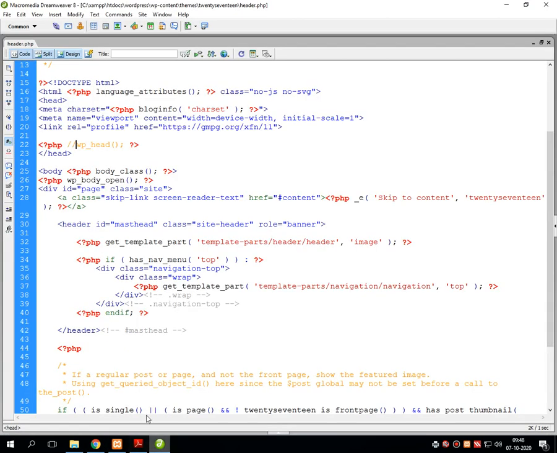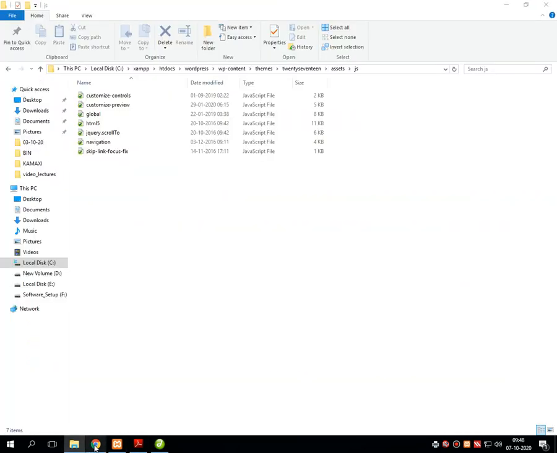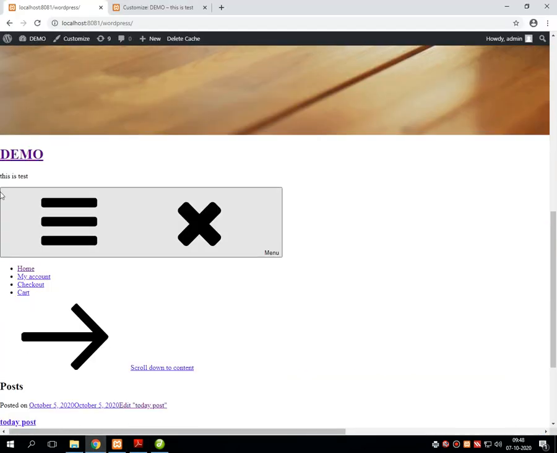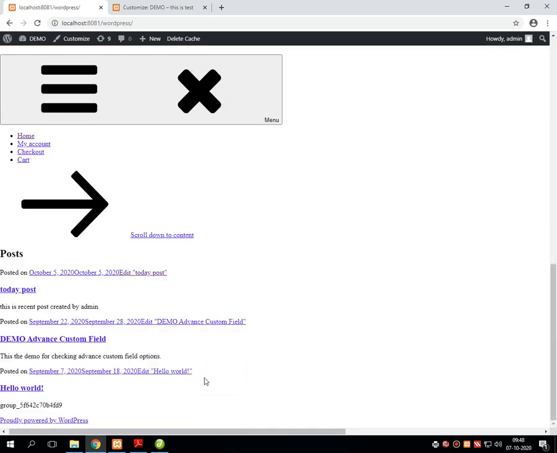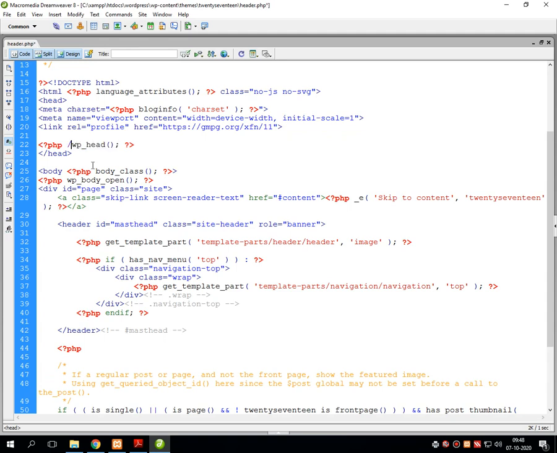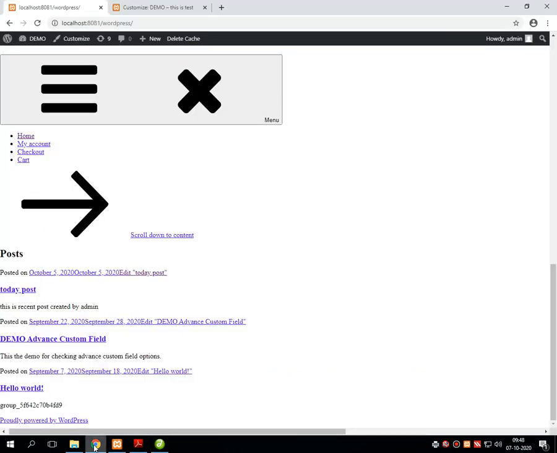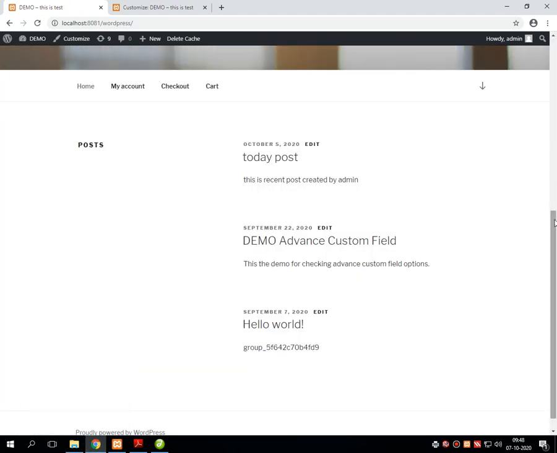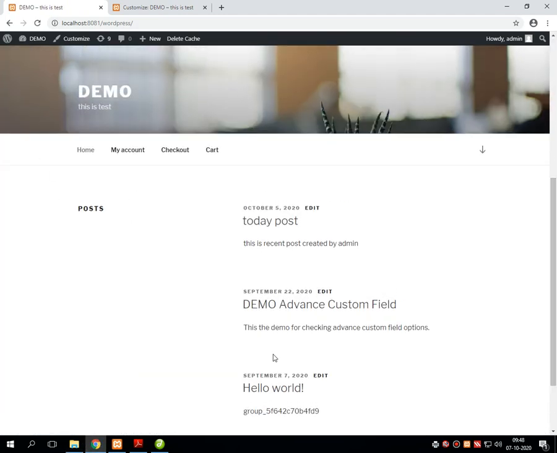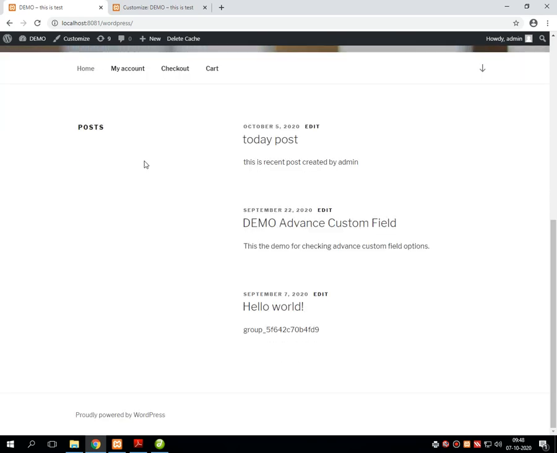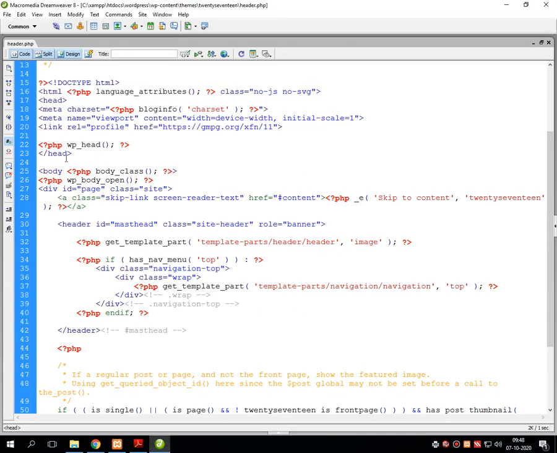I'm just enabling it. Just have a snapshot of this in your mind. I'm just enabling a single line, wp_head. Save, refresh. See, this type of change is done by wp_head.